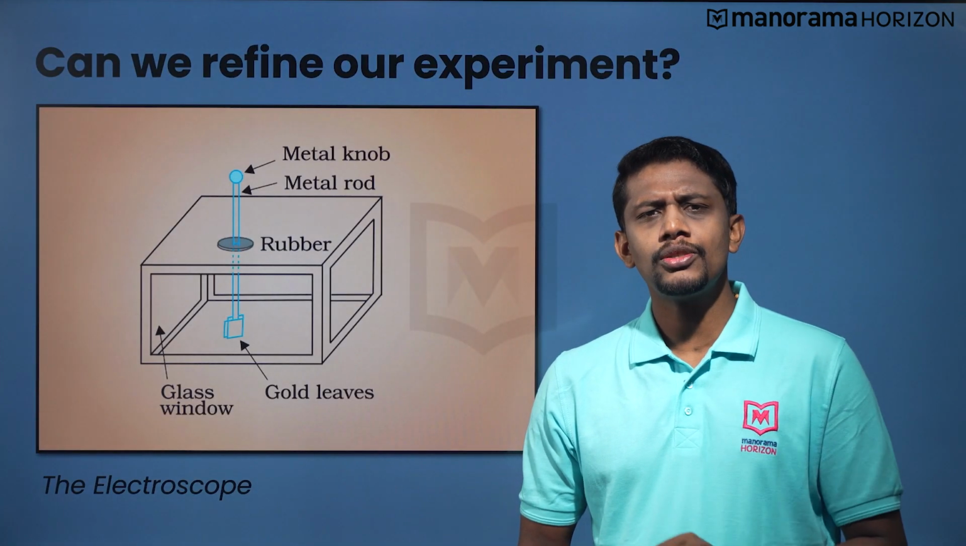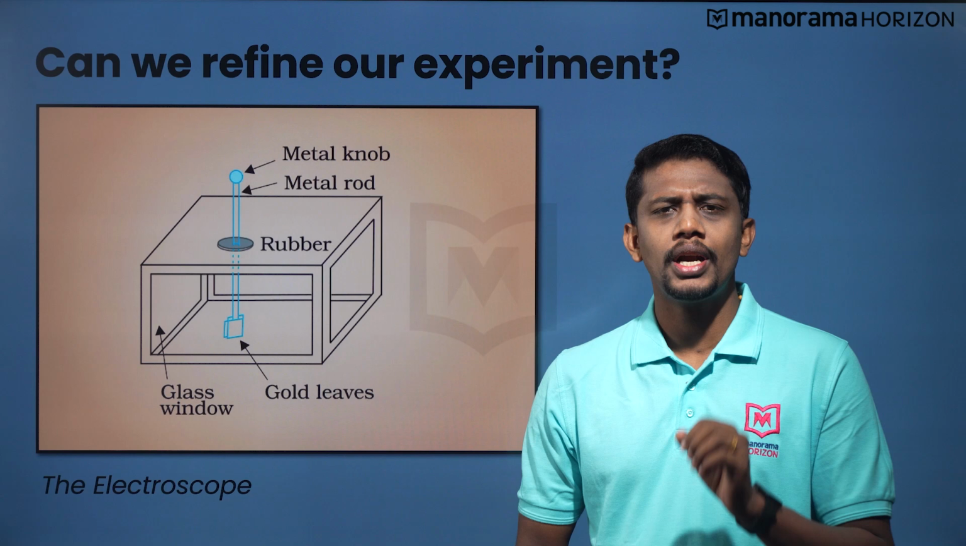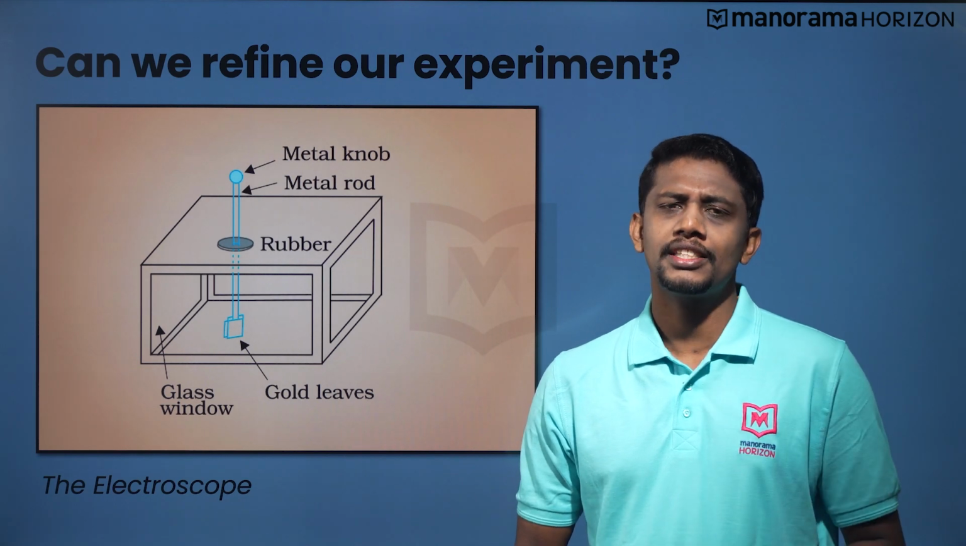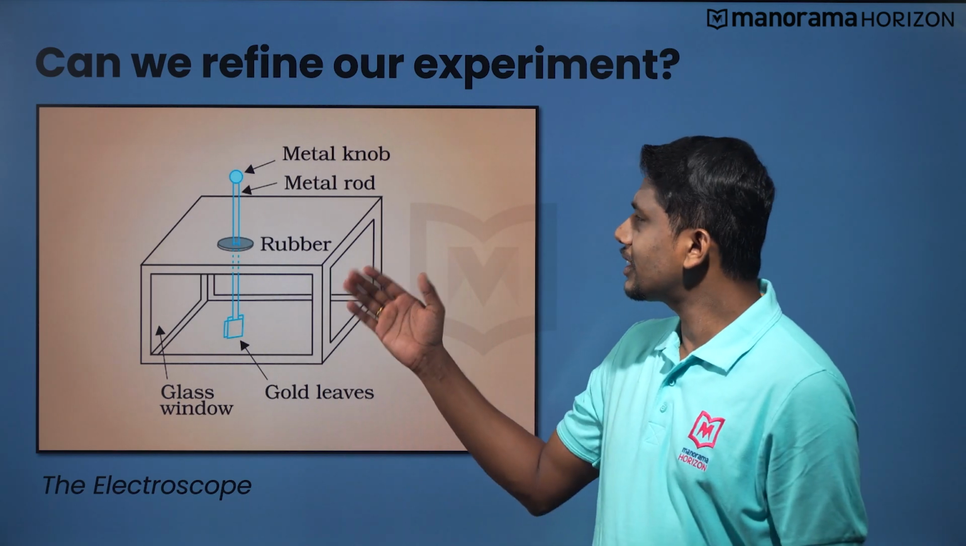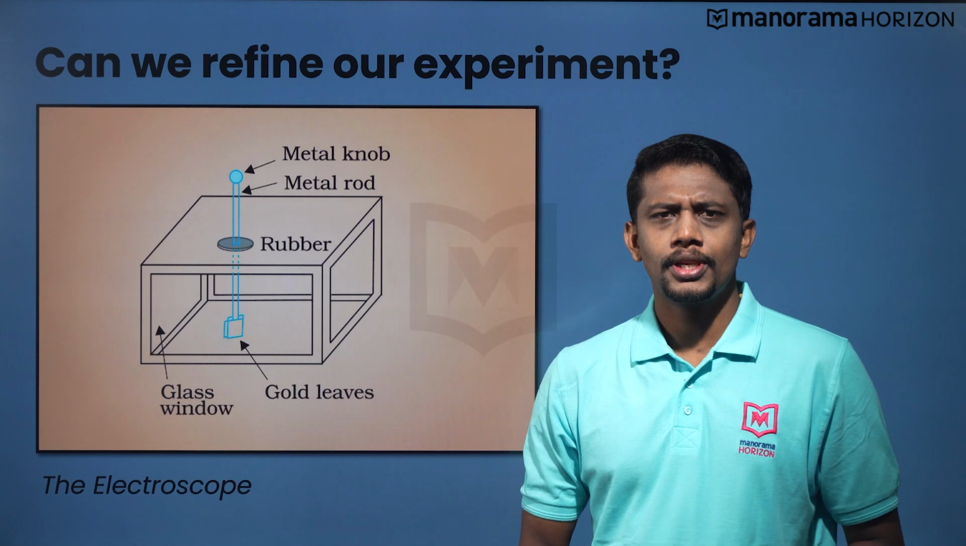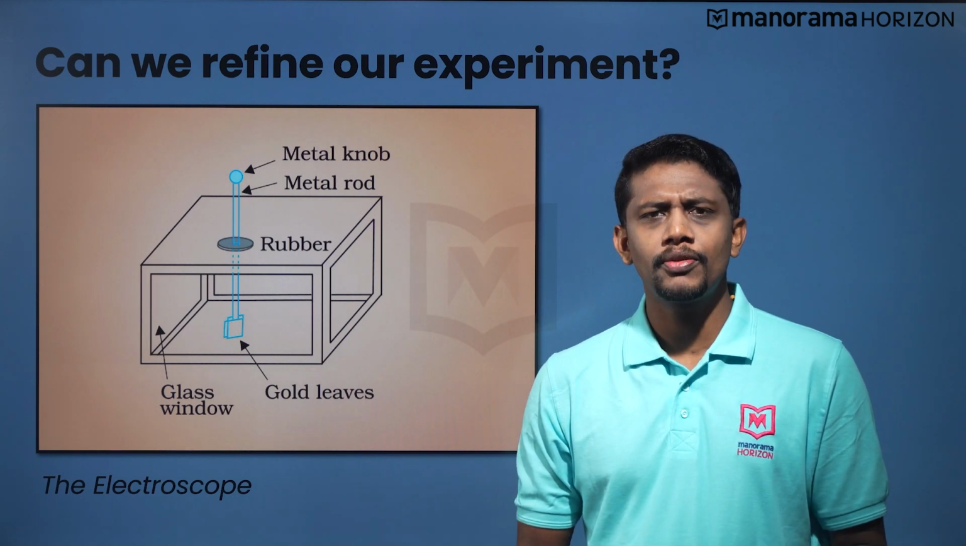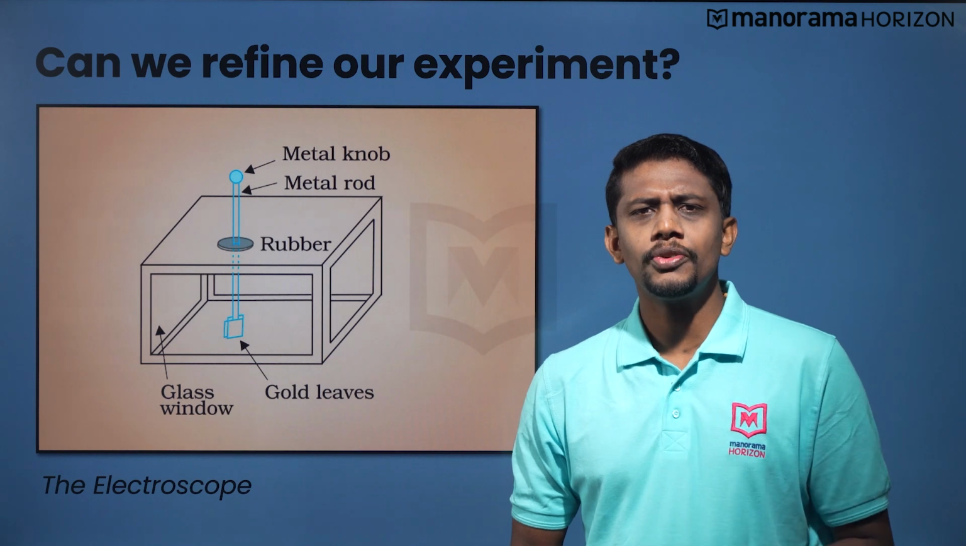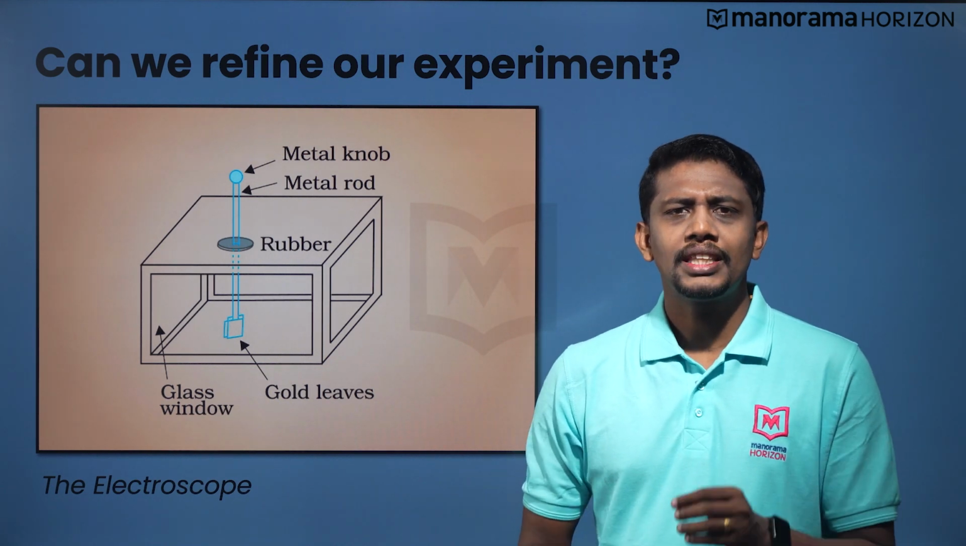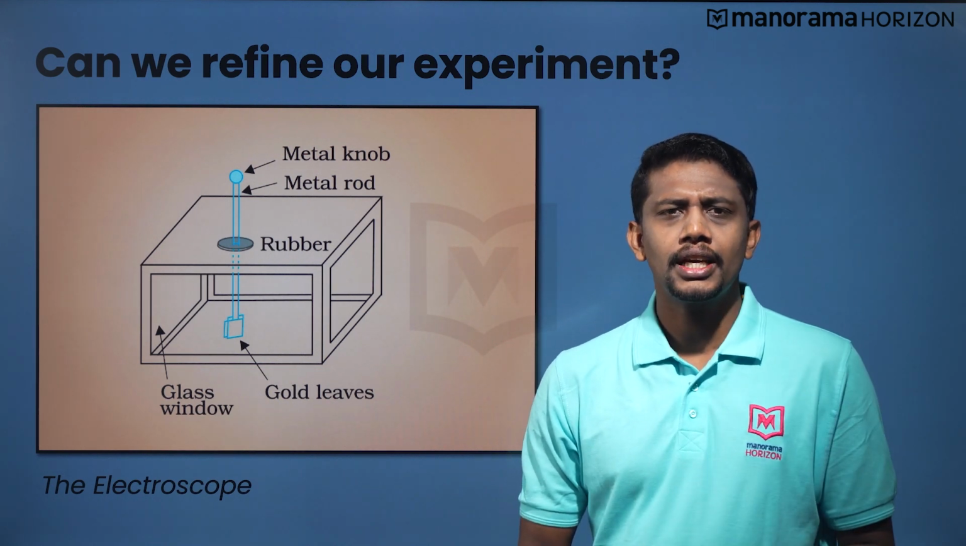But let's try to refine our experiment to get a more qualitative understanding of how charges work. This is an electroscope. It helps us to determine the quantity of charge that is being transferred between objects. It consists of a metal rod and a metal knob that are connected to a very thin gold leaf inside